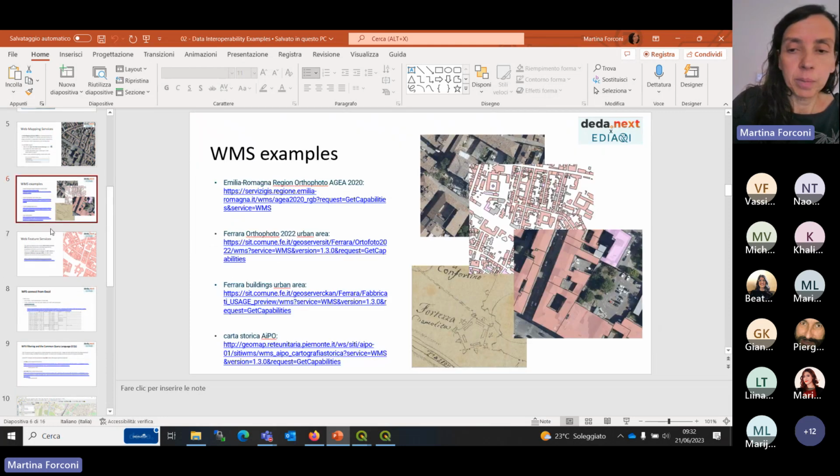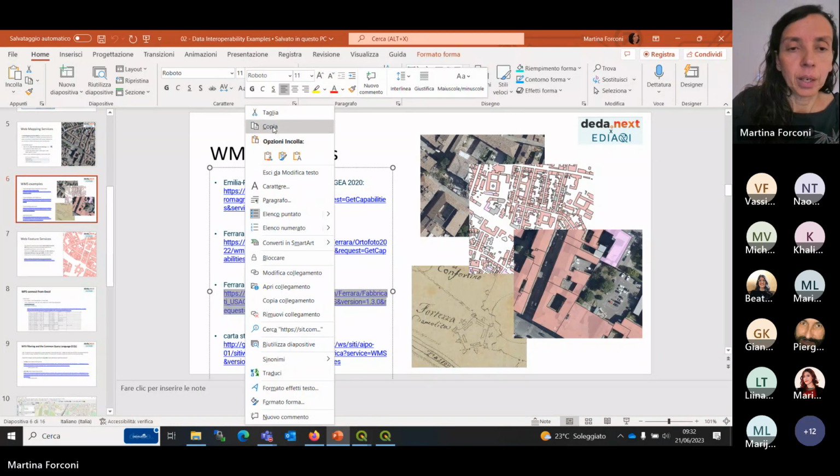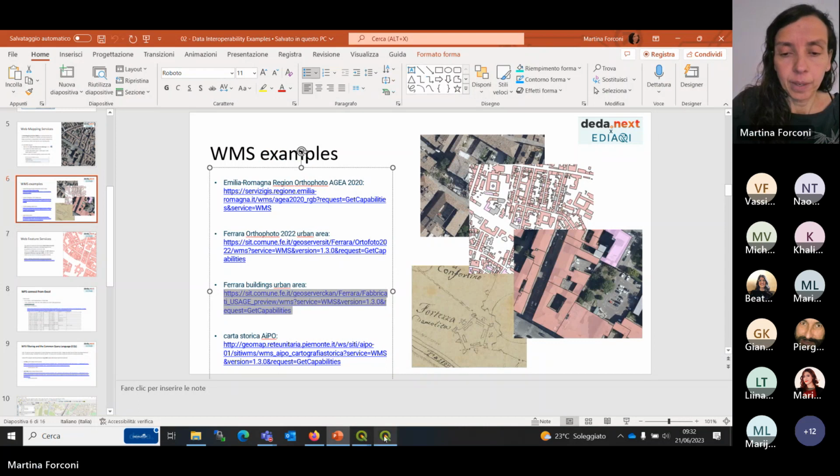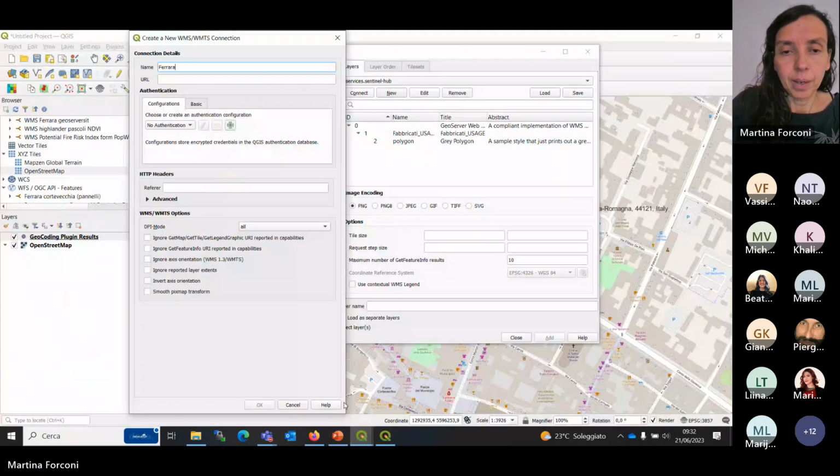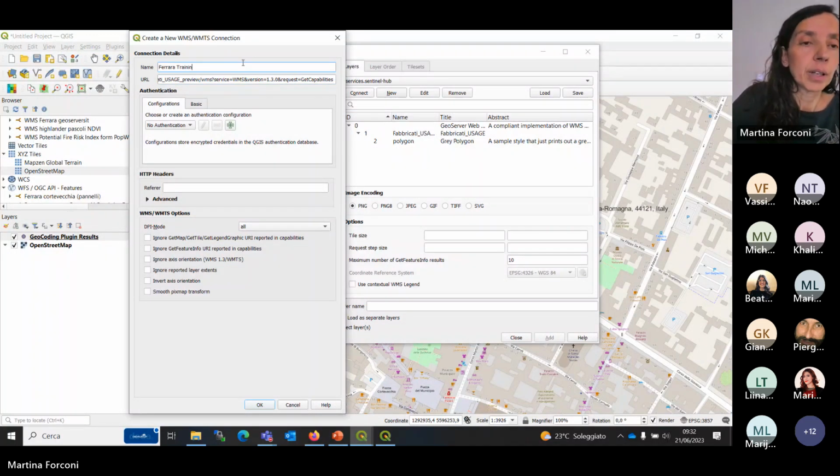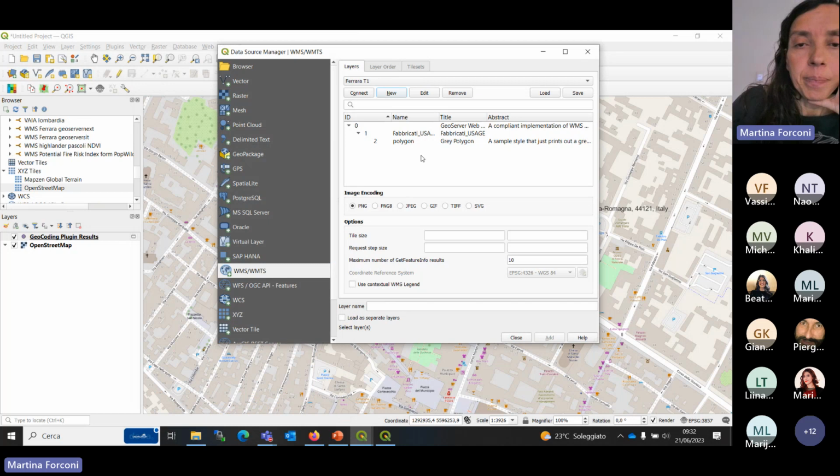Maybe this one. Copy. Okay. Then you click on the connect button.